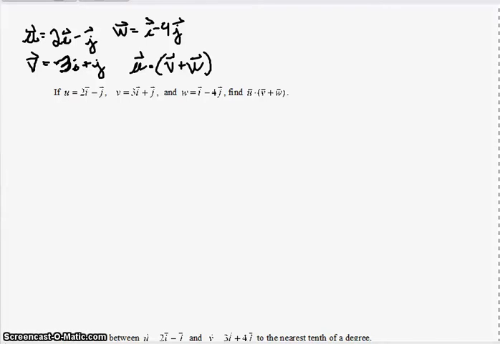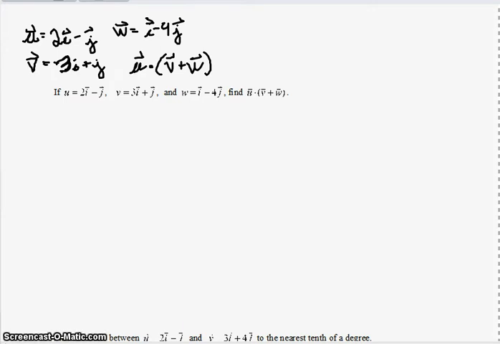Okay, I'm going to do a couple of examples here about vectors. I know that could be a little bit of a daunting topic to see for the first time. I'm going to do three examples. Hopefully, I may have to save one of them for another video, but I'm going to do a total of